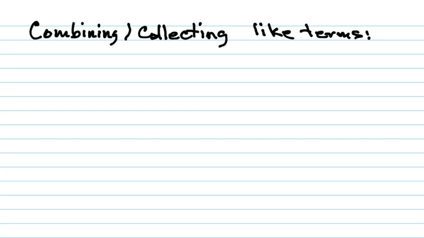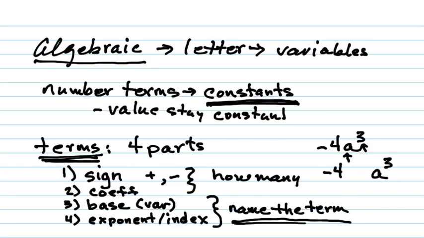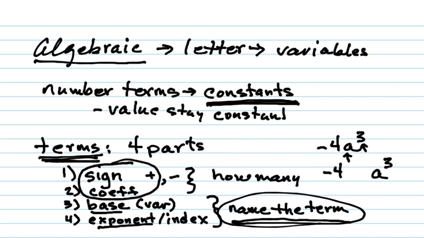Okay? And if you think about it, in order to be the same items, that means they have to have the same name, right? And which part of a term are the name? The base and the exponent. And what's changing is, a while ago I had one table and then I added another table to it, so now I have a new number of tables. So the thing that changes is